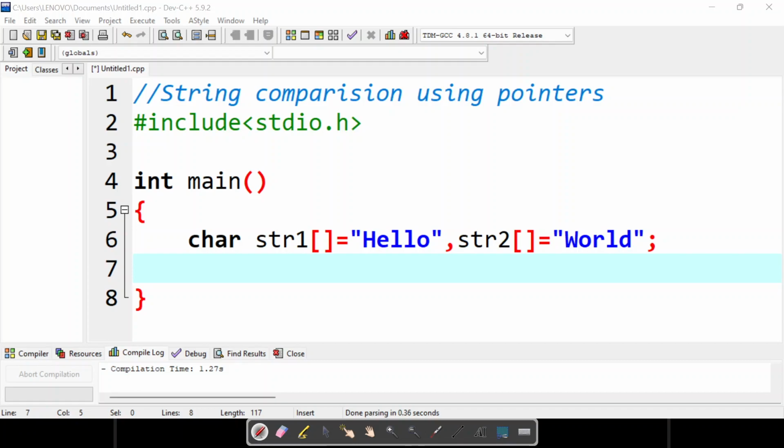Now we will implement string comparison using the concept of pointers. So let us consider str1 contains hello and str2 contains world. Now I want to perform comparison between these two strings with the help of pointers. So let me consider an integer variable which can hold the comparative result,